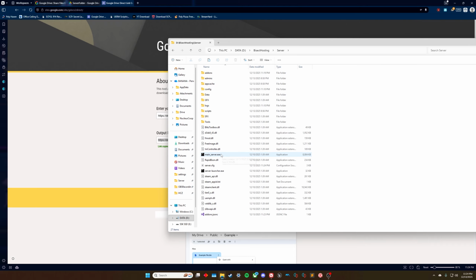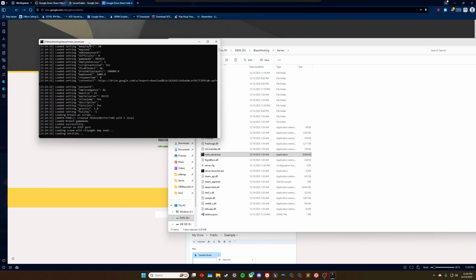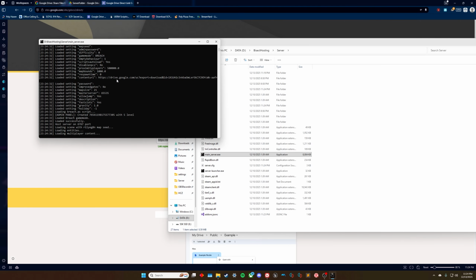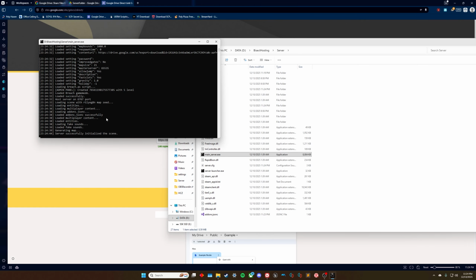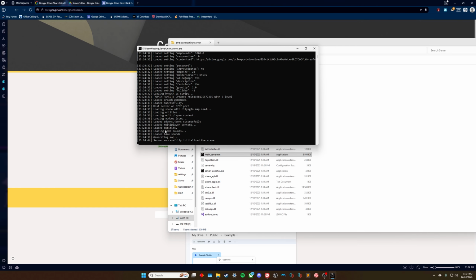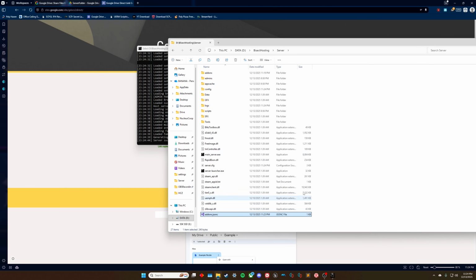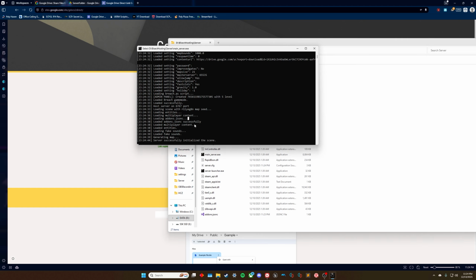So I'm going to run a quick test. There we go. It recognizes the content URL. If this is blank, it's because you didn't put a space or something like that. And now we wait. Oh, there we go. It initialized the scene. So it ran and it got multiplayer content, recognized our .json-c, which is right here,